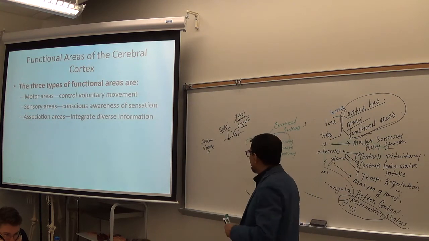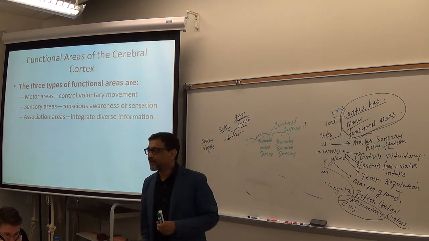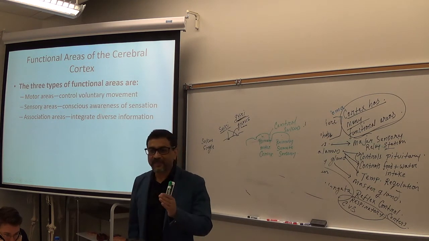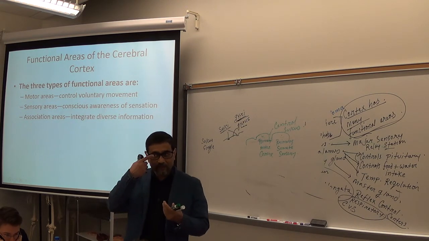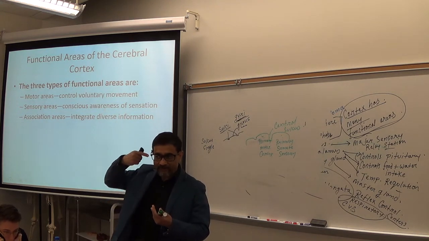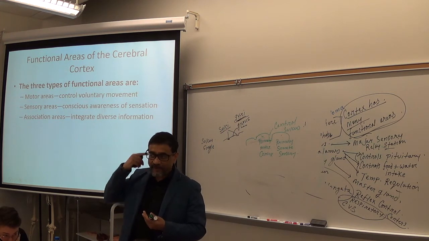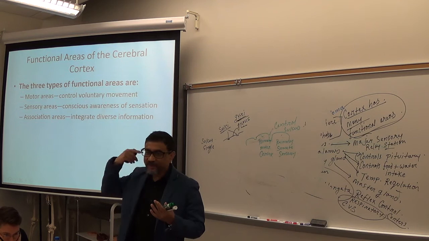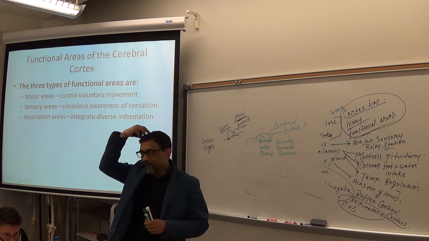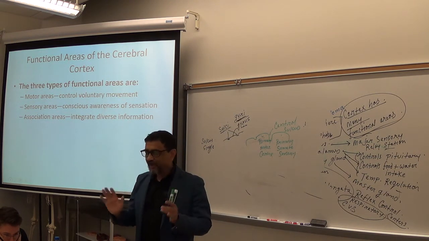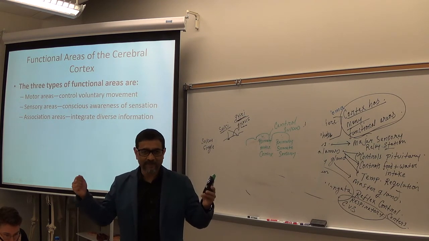Now, you have seen that some areas are motor areas, some areas are sensory areas, right? Somatosensory area. Visual area is what? Visual goes from here to there. Sensory or motor? Sensory, right? How about auditory? From here to brain. Sensory, right? Everything going from outside to inside is sensory. And motor, now you tell me. Just think and tell me. Your primary motor is, of course, motor, controlling the muscle movement. Make sense?